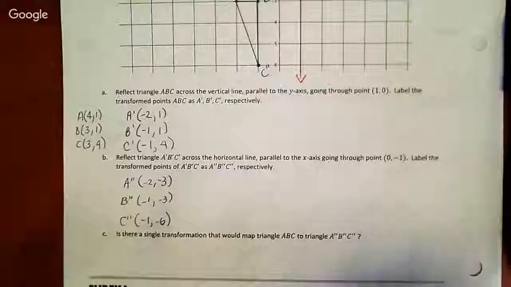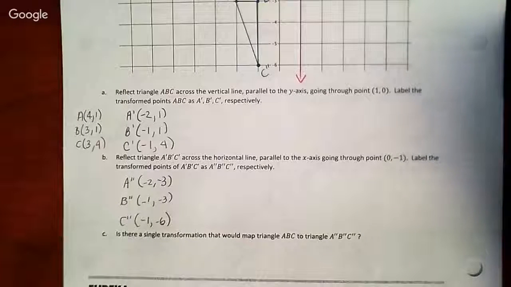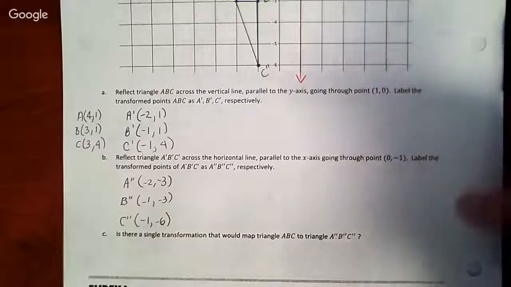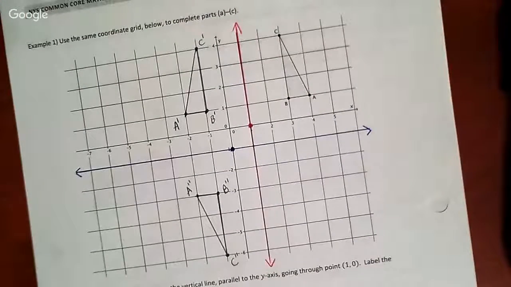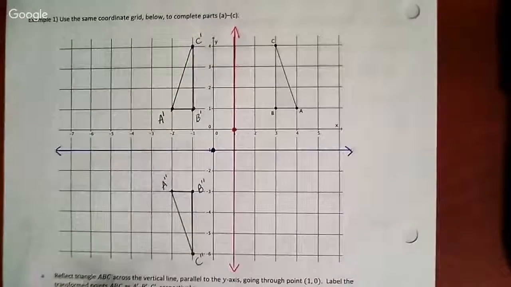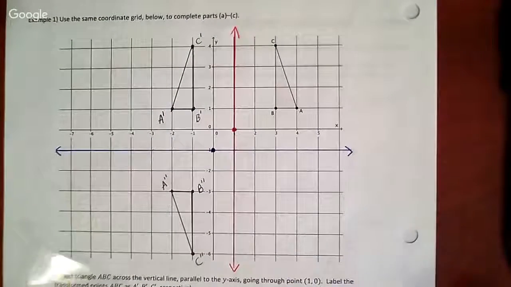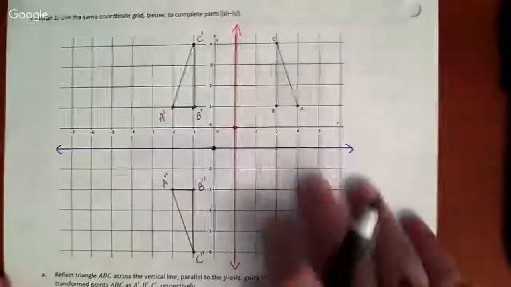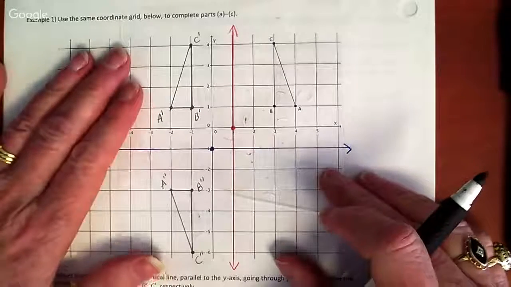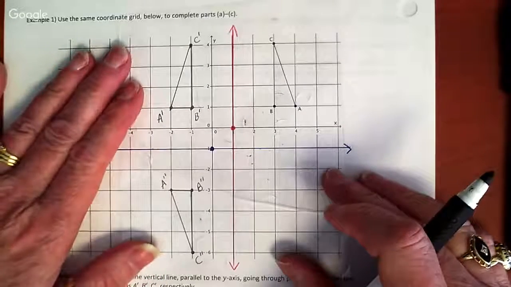Okay. Then it says, is there a single transformation that would map triangle ABC to triangle A double prime, B double prime, C double prime? Well, let's check that out. Okay, let's draw that on our transparency. And let's see if that's true. I believe it is. I believe it should be 180 degrees, about